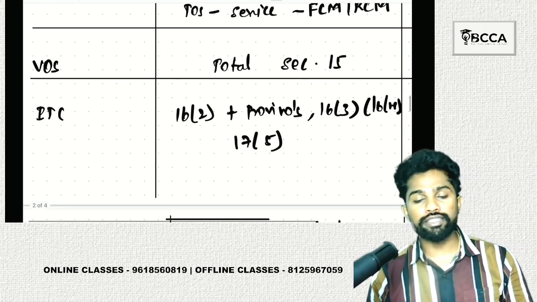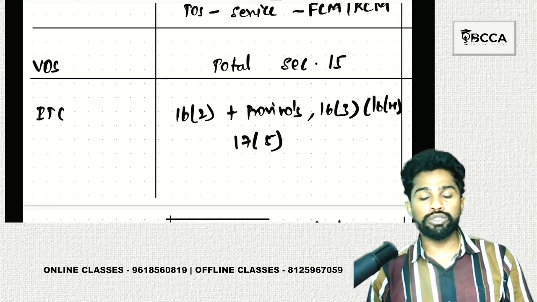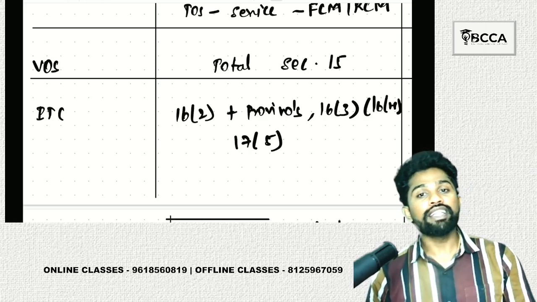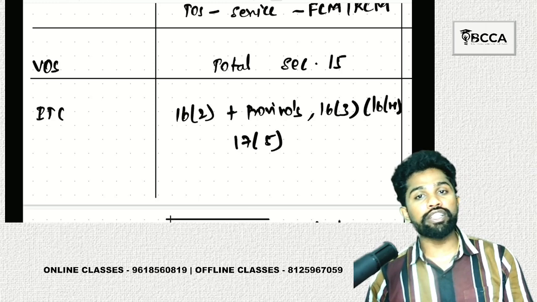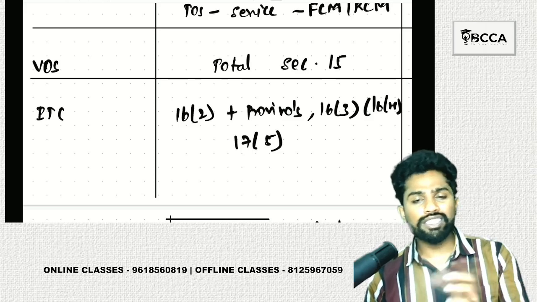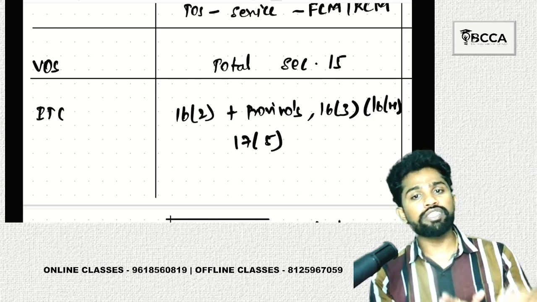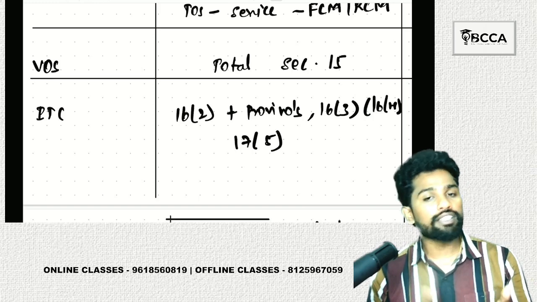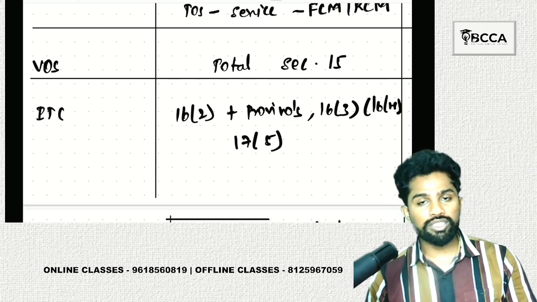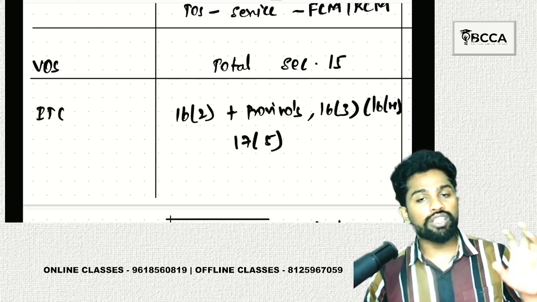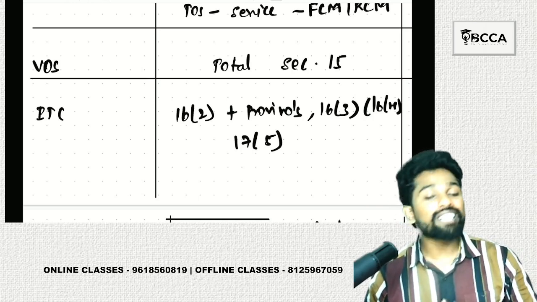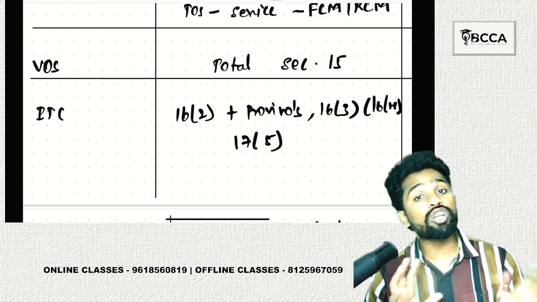And coming to ITC, go straight away to Section 16(2), the conditions to be satisfied to avail ITC. 6 conditions are there, read them. Then there is proviso 1 and proviso 2. Proviso 1 is about when goods are sent in lots, you can avail ITC only on receipt of the last lot. Then 16(2) regarding 180 days, where the recipient didn't make the payment within 180 days, the recipient has to reverse the ITC. And then 16(3), if you are availing depreciation on the tax part, you cannot avail ITC. 16(4), time limit for availing ITC. And then 17(5), it's about the blocked credits.